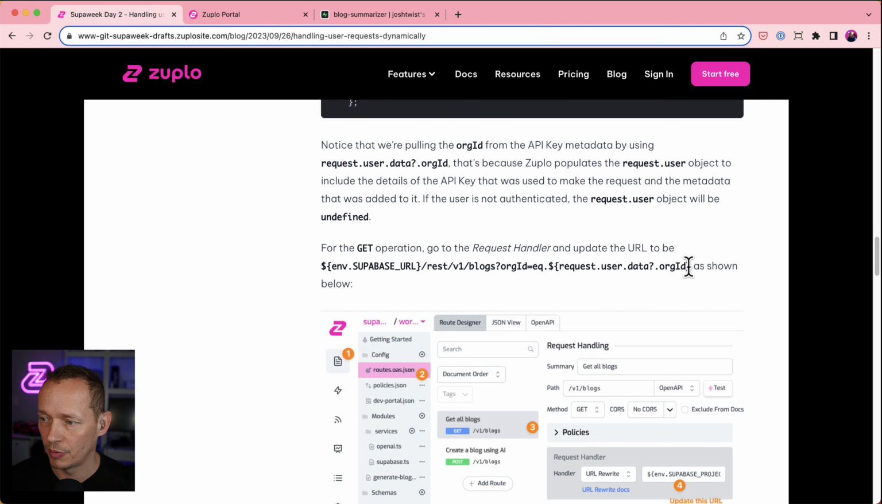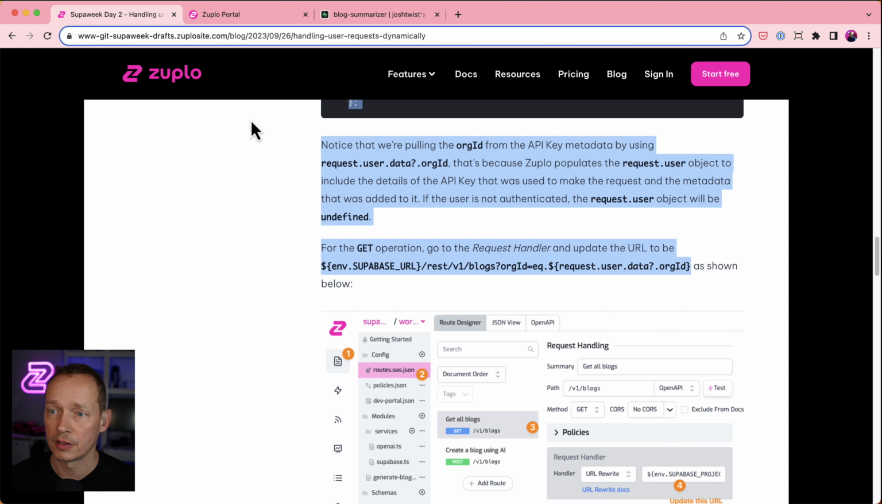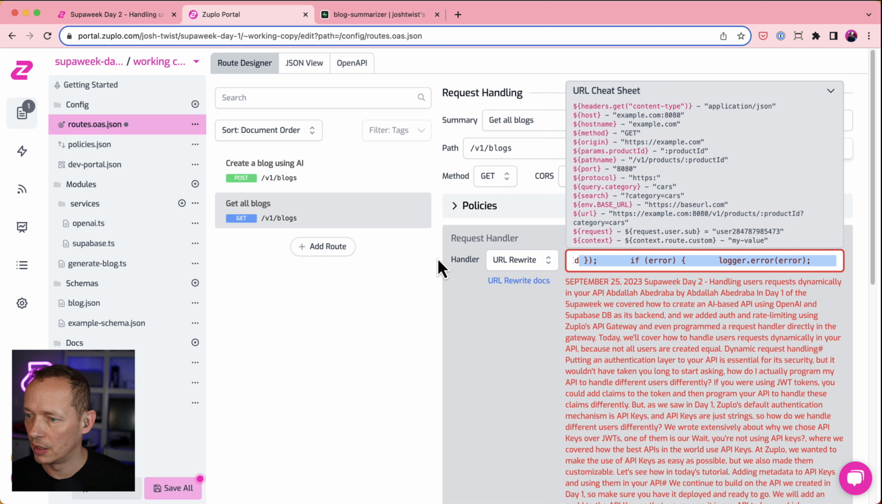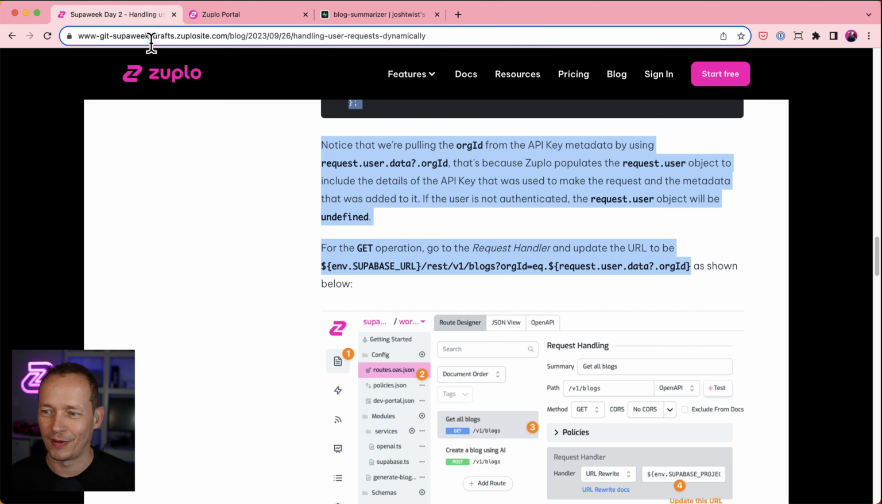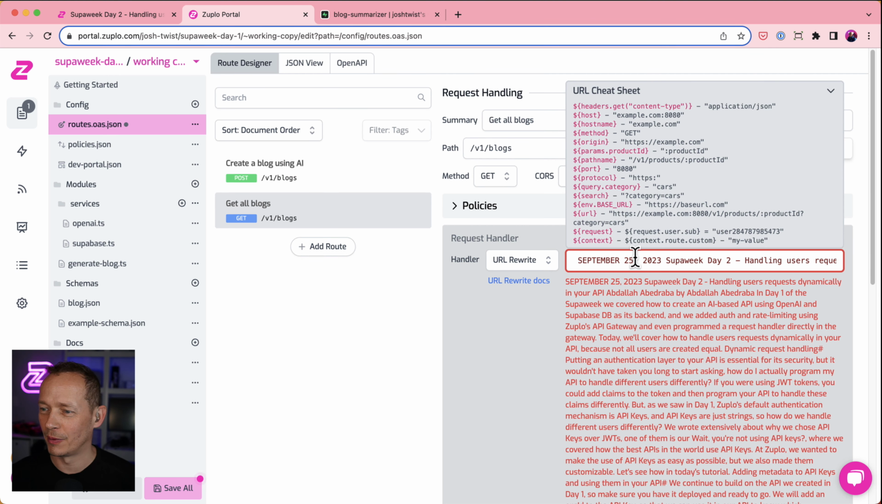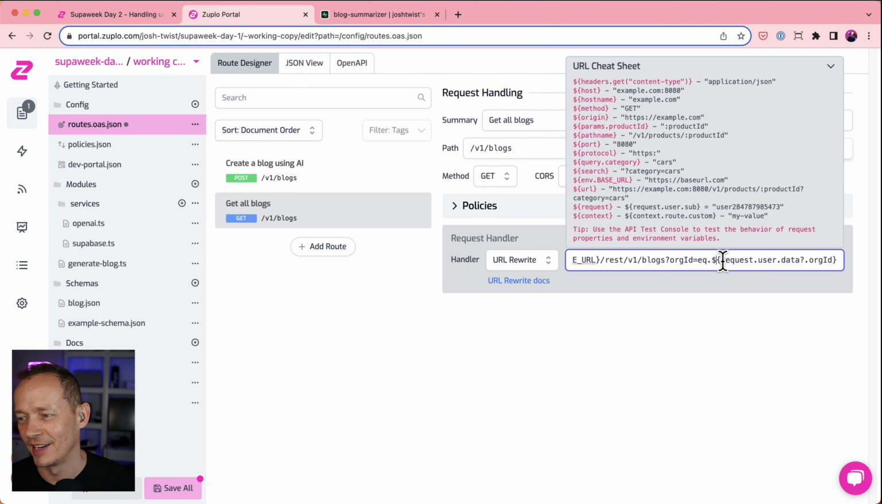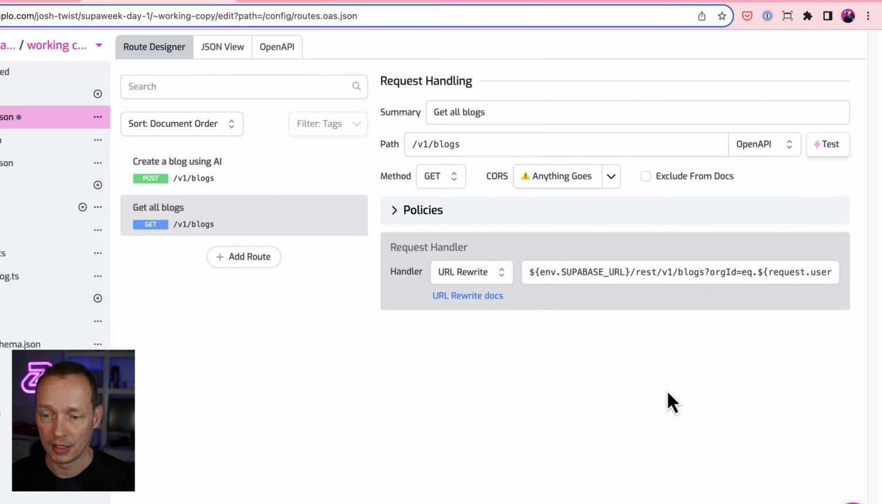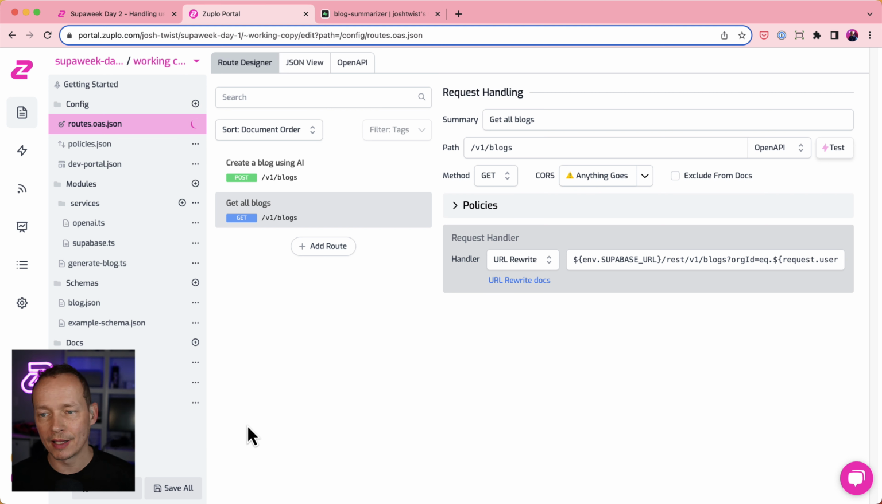Abdullah's kindly provided you with the correct code here. So I'm just going to copy this and I'll explain it to you. Let's drop this in here. And oops, I copied far too much text and drove the portal wild. Let's just clear that up. There we go. Now it's happy. So what that's saying is org ID equals the value of the request user metadata org ID property. Essentially that was all we had to do to secure the data in our database using the API key